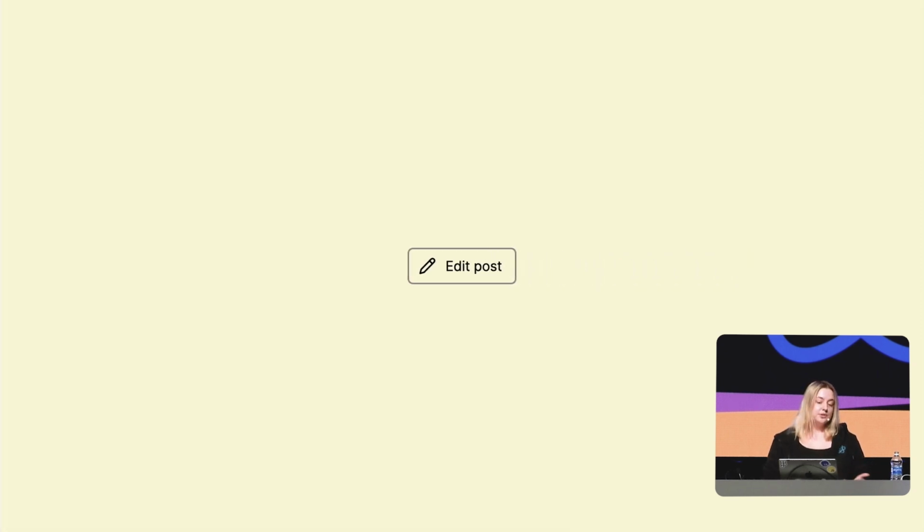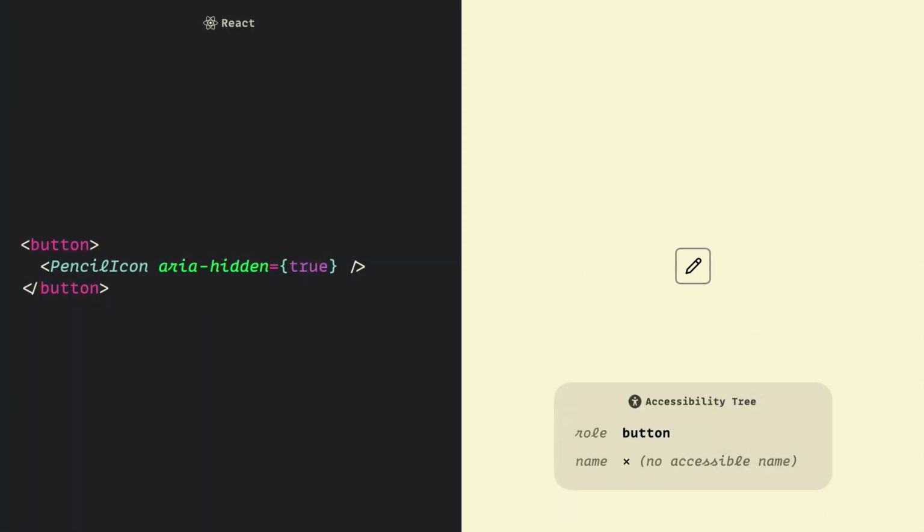But often in modern UIs, to fit more different actions on the screen, we use buttons without any text label at all, with only an icon to communicate its purpose. In this case, the button wouldn't have any accessible name, so the screen reader wouldn't know how to announce it. Button. We can set this accessible name by using the ARIA label attribute. And this is probably something you've seen a lot. However, it also has some limitations.